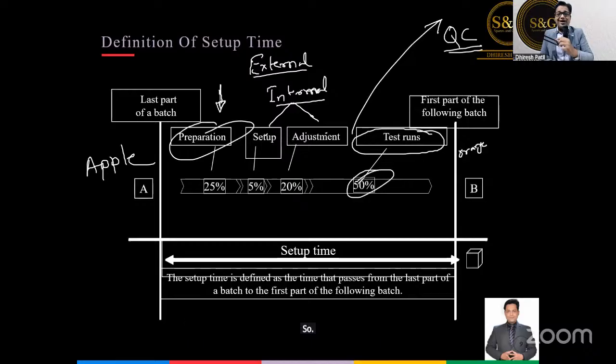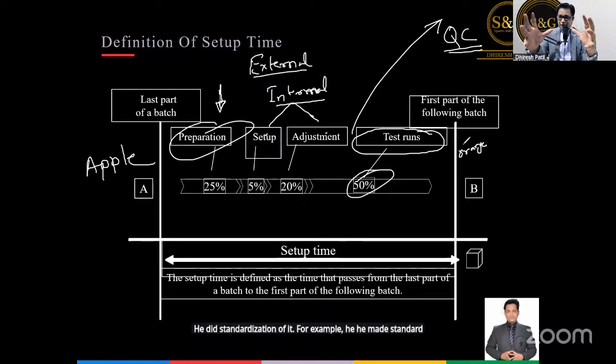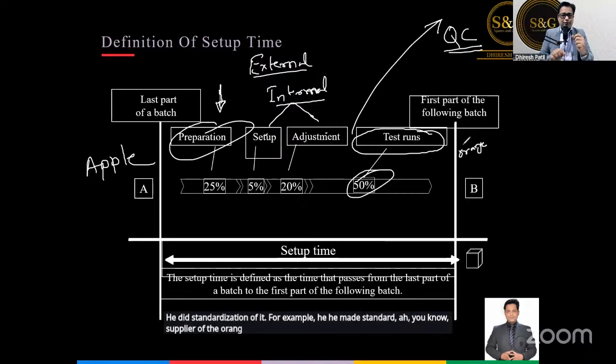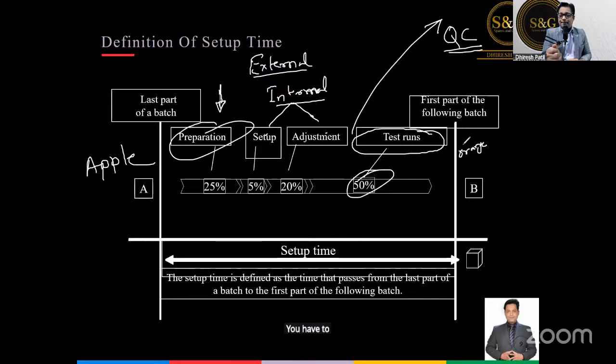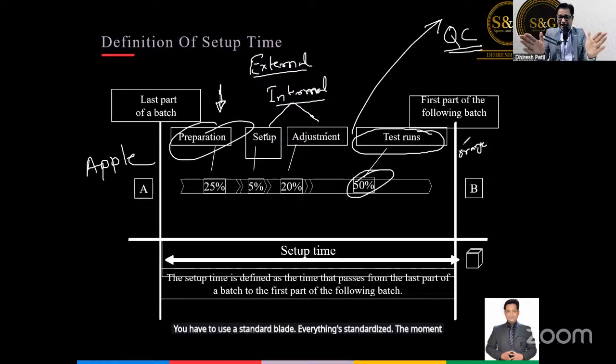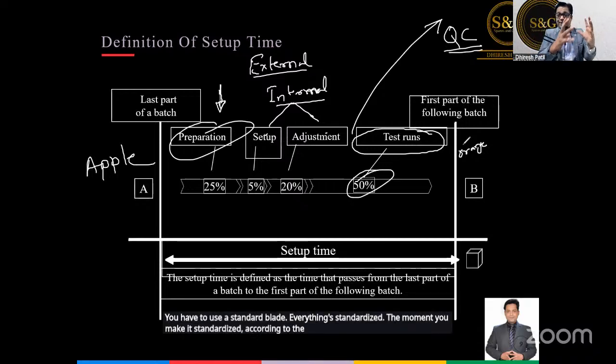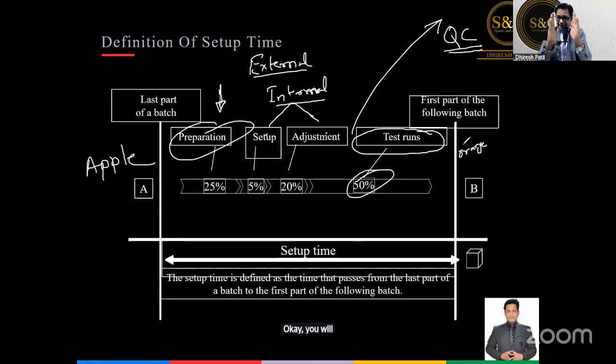So what Shingo has done, Shingo was a very smart engineer. What he did was standardization of it. For example, he made a standard supplier of the oranges. Example I'm giving you. Okay. Then standard chops, you have to make standard pieces. You have to use a standard blade. Everything standardized. The moment you make it standardized according to the last best run, okay, you will fall into the